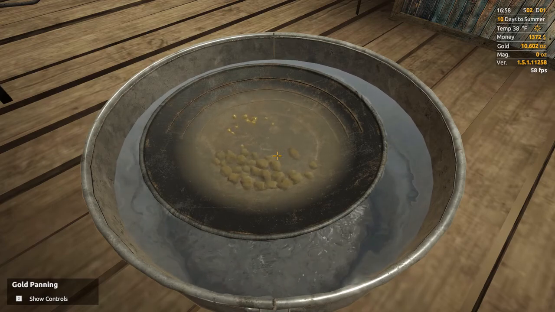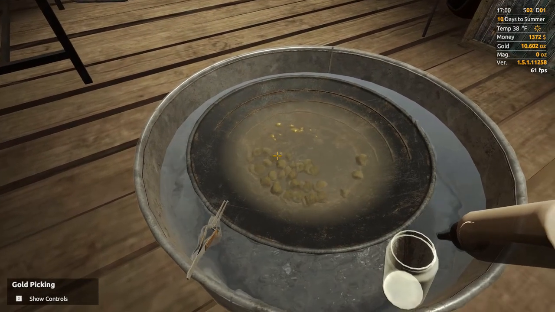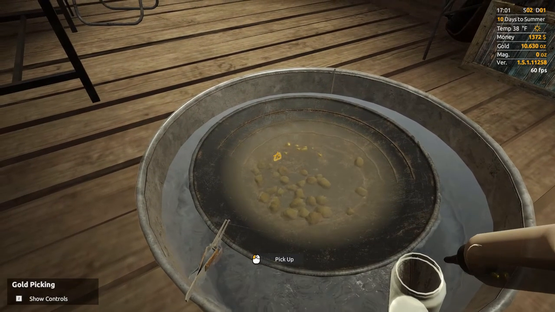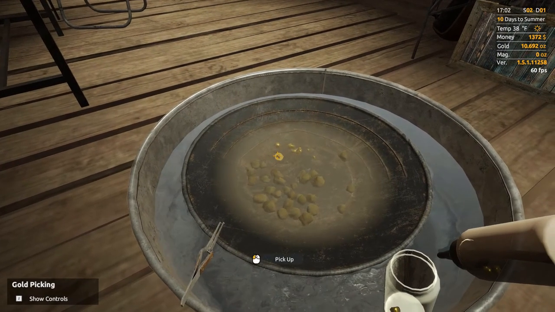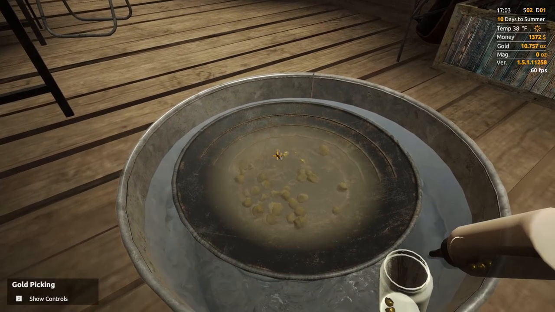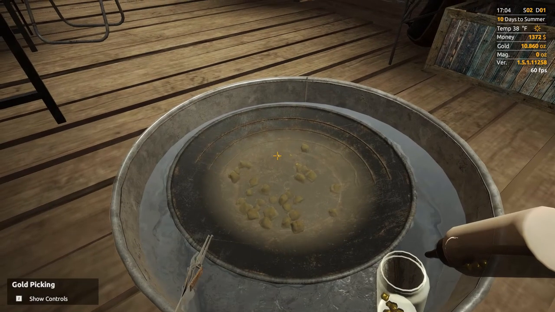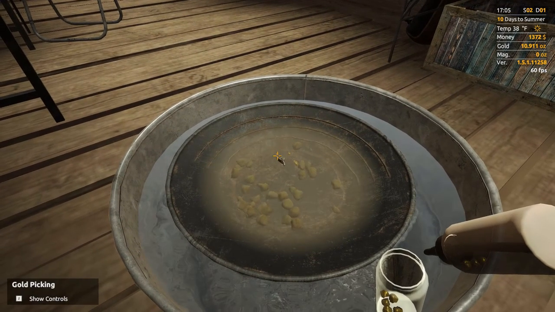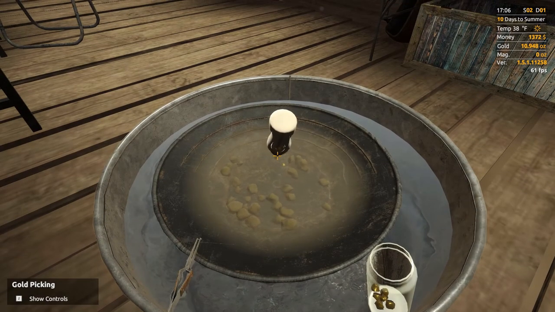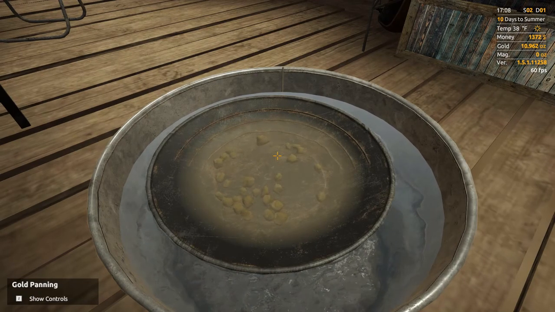We got most of it separated right there. So I'm gonna go ahead grab everything now while it's easy to get at. And I really don't think there's any real rhyme or reason why it goes between the tweezers and the bottle. Because sometimes these look kind of big and the tweezers will grab them. Come on, there we go. And other times it won't. So